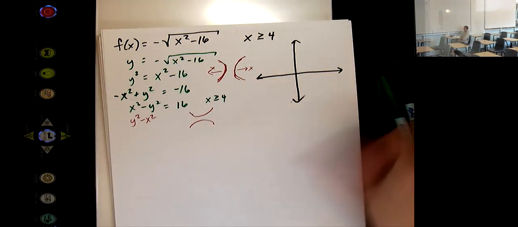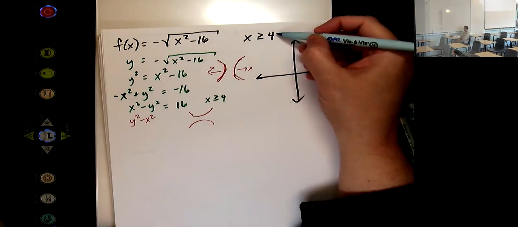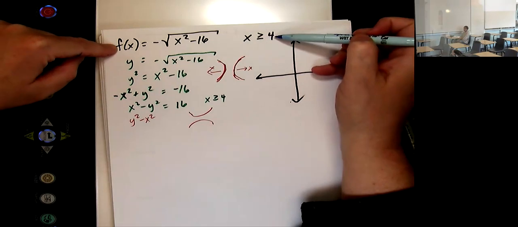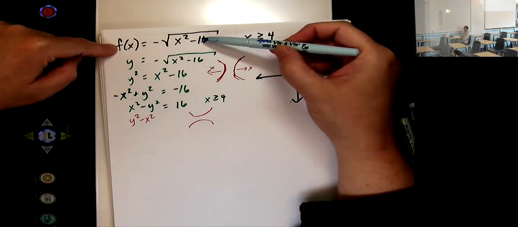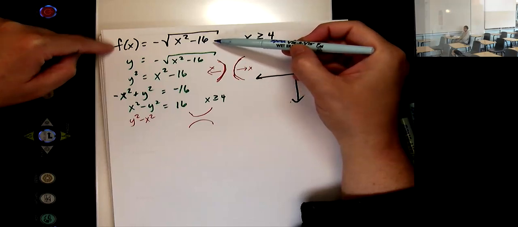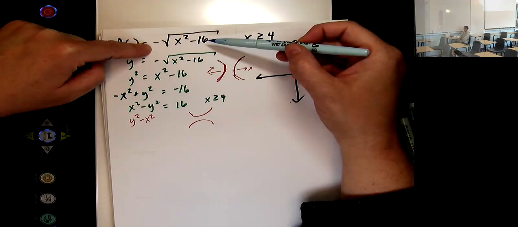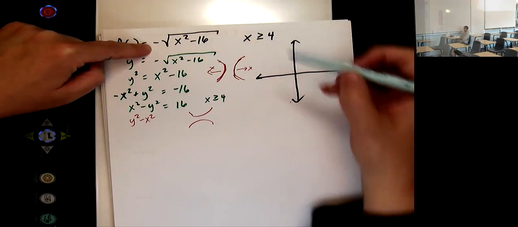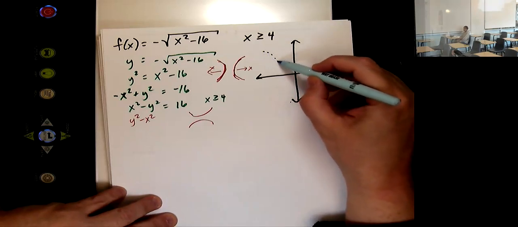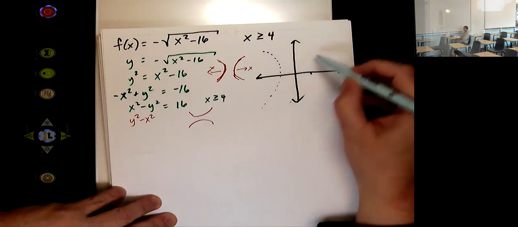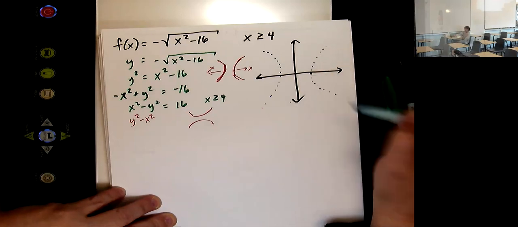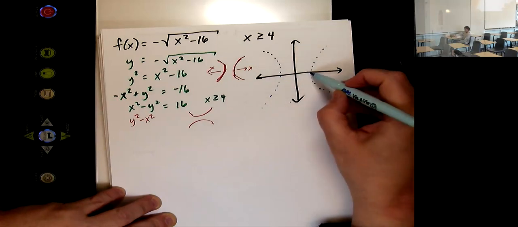We can see from here, we've got an x restriction of greater than or equal to 4. If I stick in 4, I get 0 here, right? And I can see that it's always got to be negative. This doesn't have a positive value whatsoever. So if you drew, like, dotted in the hyperbola, if you were doing this by hand and didn't have Desmos,